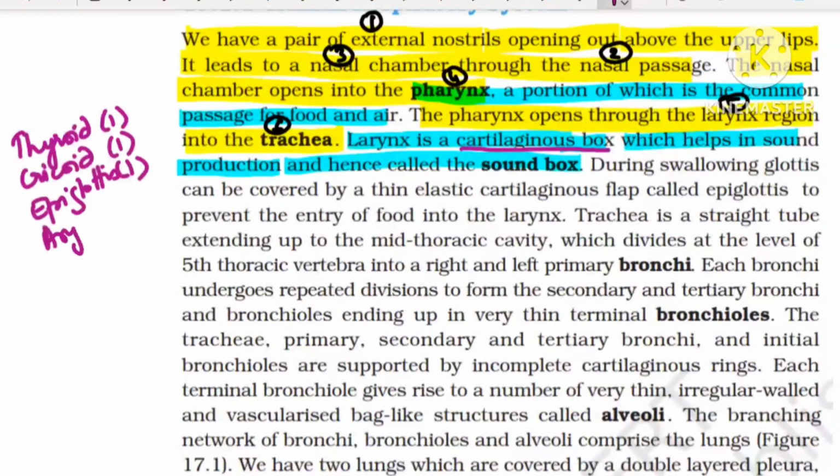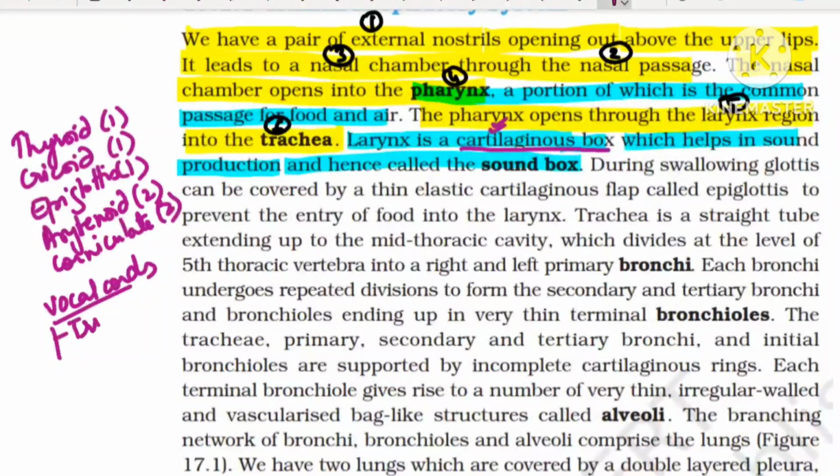But arytenoid cartilage is in pair and corniculate cartilage also is in pair. So cartilage is clear. Now it is producing sound. It means it is having vocal cord. Vocal cords are there and these vocal cords are of two types. True vocal cord which will produce sound and false vocal cord which are providing the moisture to the true vocal